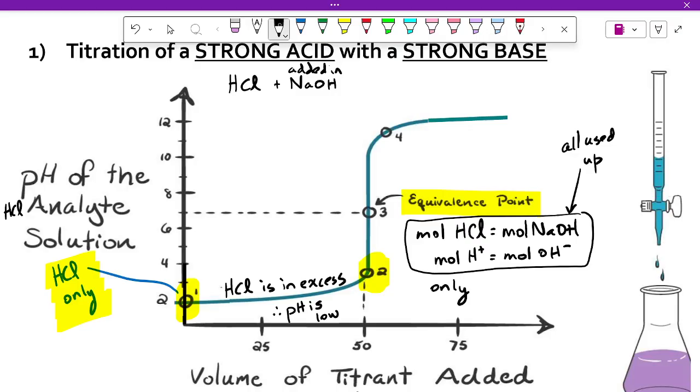So we have only products. And that's why our pH, what is our pH at the equivalence point? How would we read that off the graph? pH at the equivalence point, 7. Yeah, if we go across here,